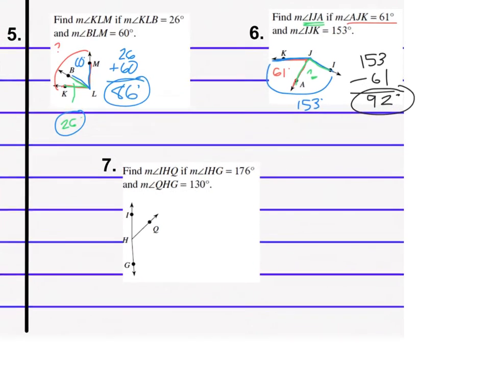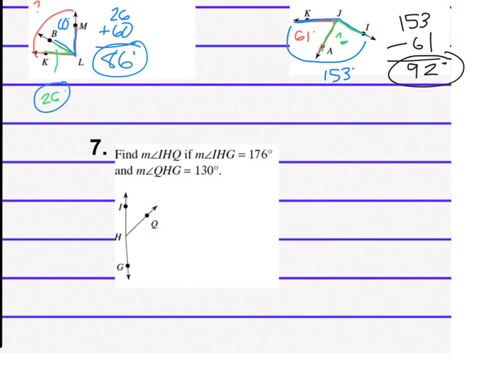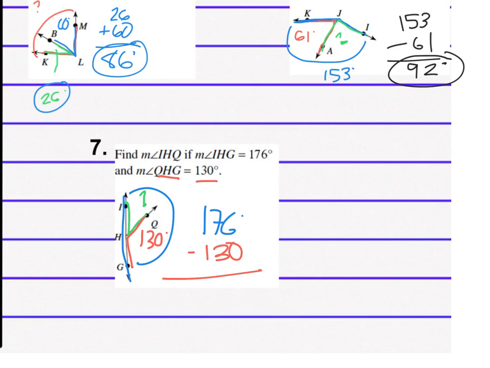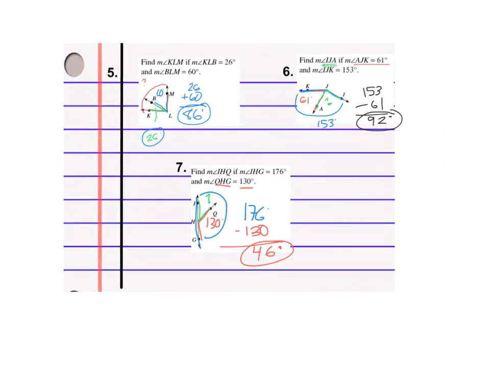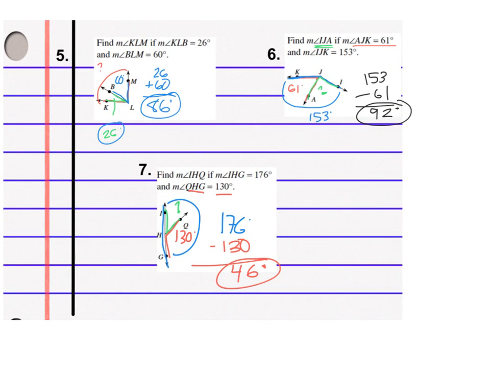All right, lastly for number 7, find measure of IHQ. IHQ, so we're finding this. And we know that IHG, we know the big angle is 176. And we know QHG is 130. So again, for this one, I'm going to be subtracting 176 minus 130. You can use a calculator if you want to. I get 46 degrees. Okay, so hopefully you felt pretty